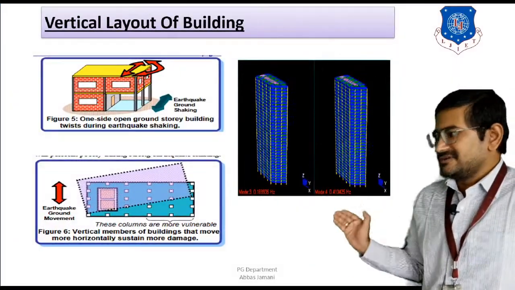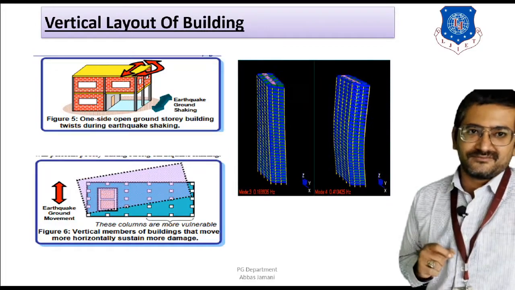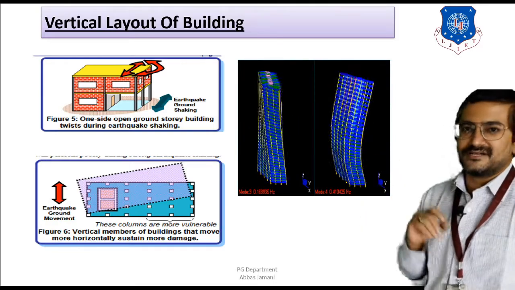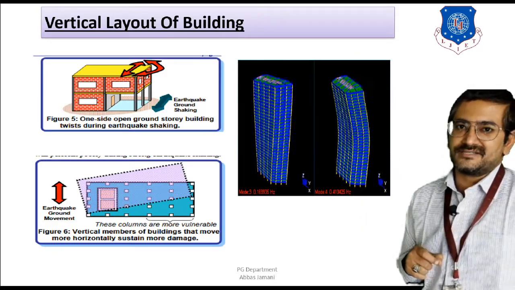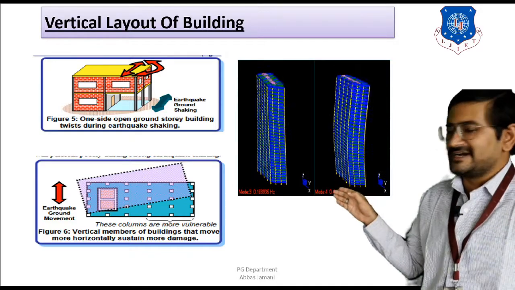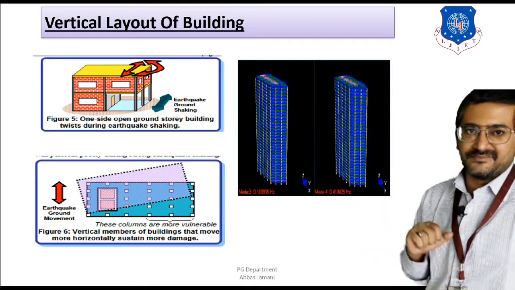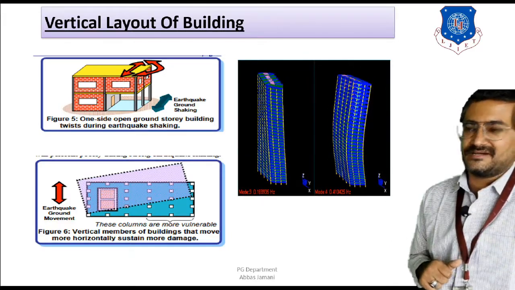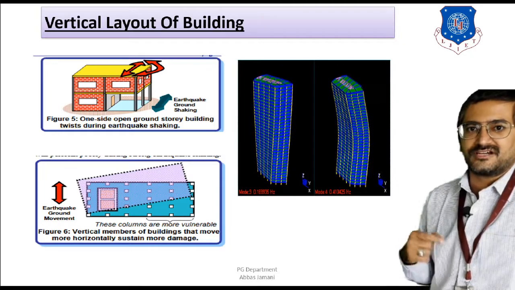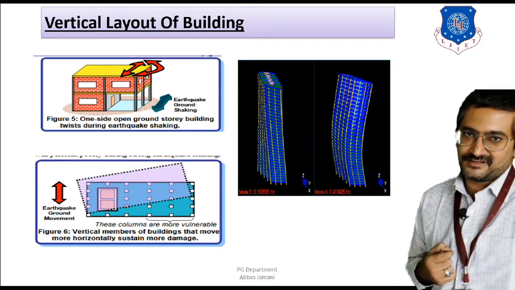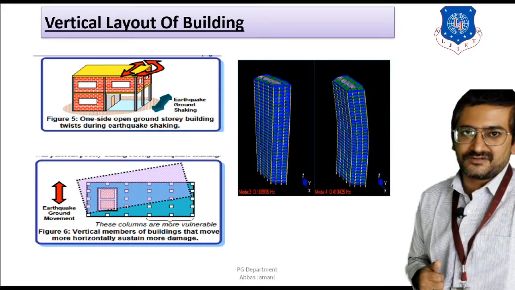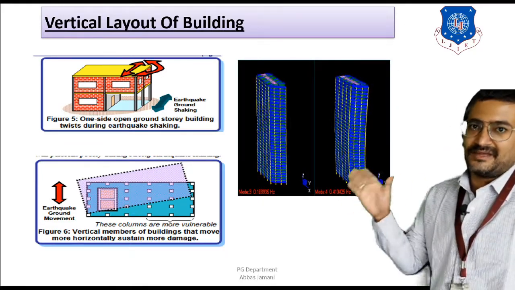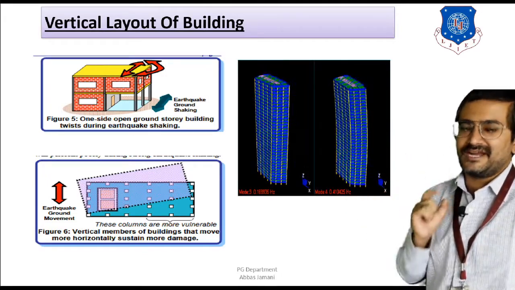Lastly, before ending today's session, we take up one more example, that is the example of an open storey building. As you can see in this figure, the example of a G+1 building is taken, where on the ground storey you have an entrance foyer and a room at the back end side, and on the first floor you have two rooms. Since the foyer is there, it is not surrounded by infill walls on the periphery, whereas in the back end portion of the building where the room is located, the walls are going to be provided. And when you go to the first floor, the walls are provided on the entire periphery of the building.